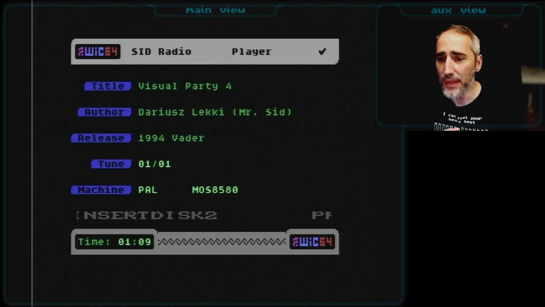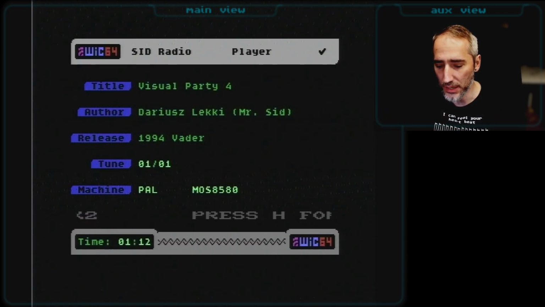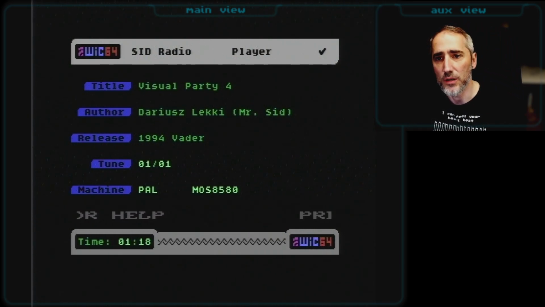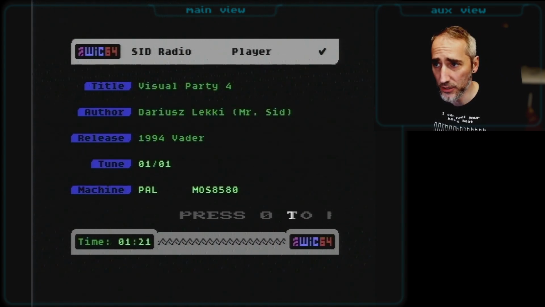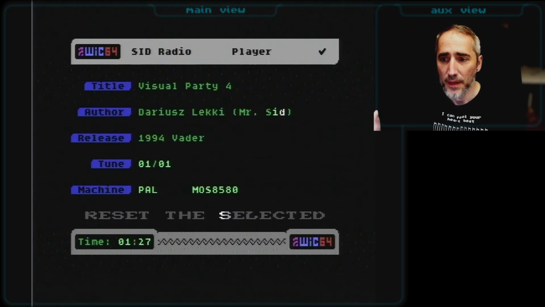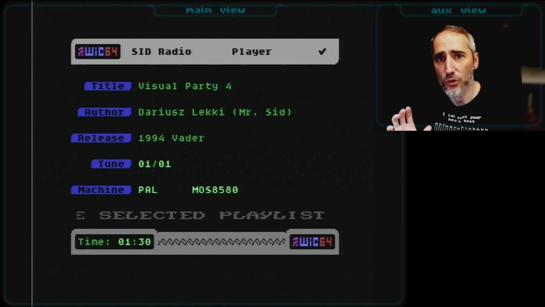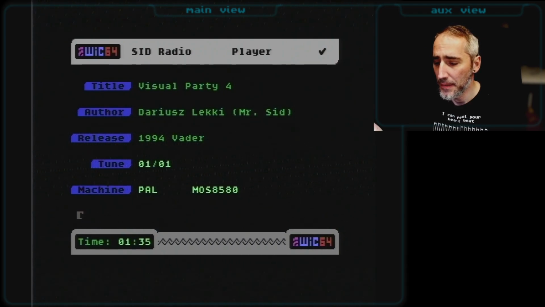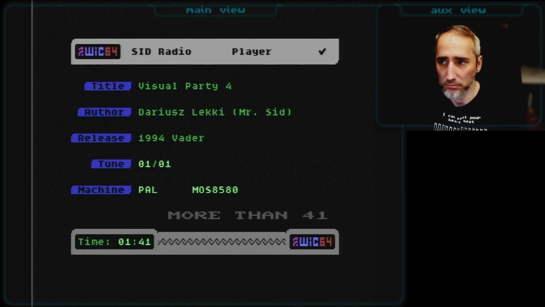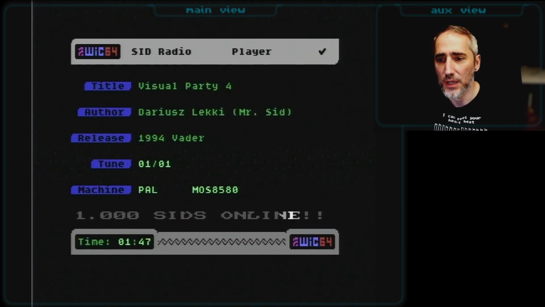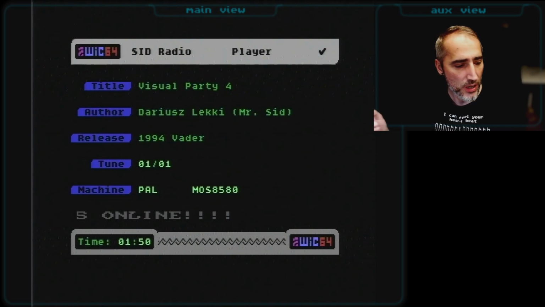The main idea I had was that I'd like to switch on the C64 and it should boot into the SID radio automatically without any interaction. And this is actually a little bit tricky with the Ultimate 2 Plus. There is a WiC64 kernel, which sort of offers this functionality, but still not to the extent I was going to. So Kiwi was kind enough to send me a small program